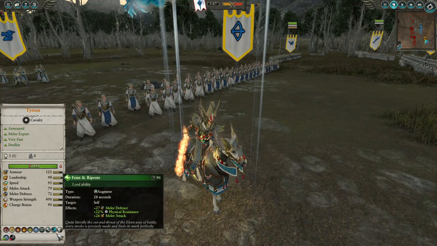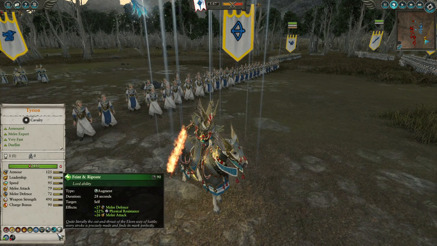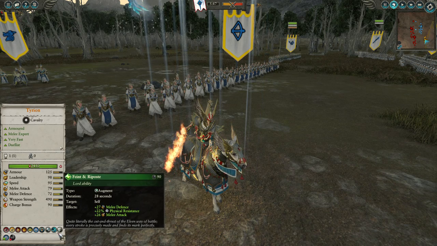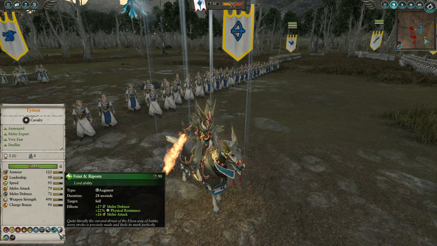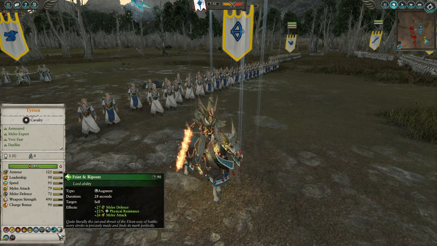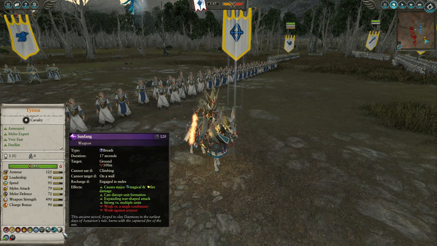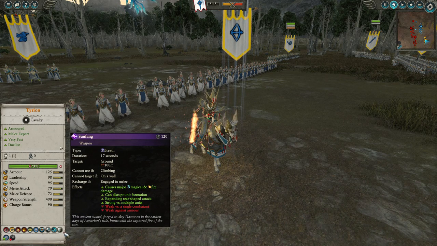Let's see what else I have on him. Feint and Riposte. So more melee defense, more melee attack, and then 22% physical resistance. It lasts 28 seconds. This is huge. Whenever he's fighting another lord or he finds himself isolated, this ability will come in handy, will save you. And Sunfang, kind of the main reason you bring him,